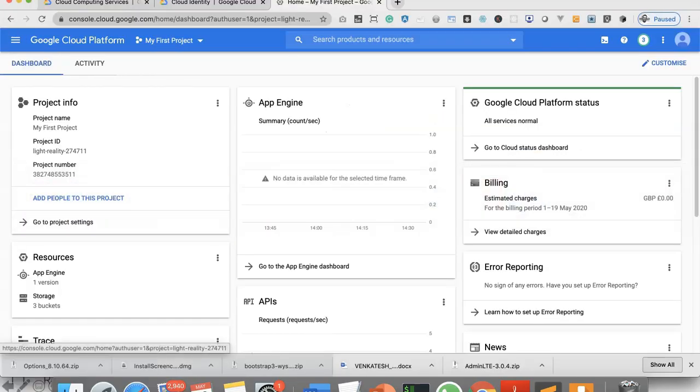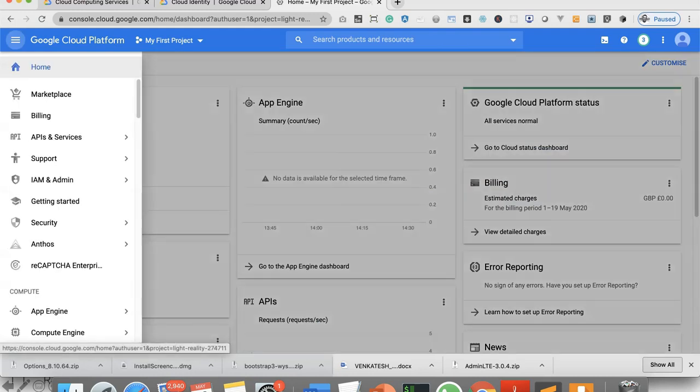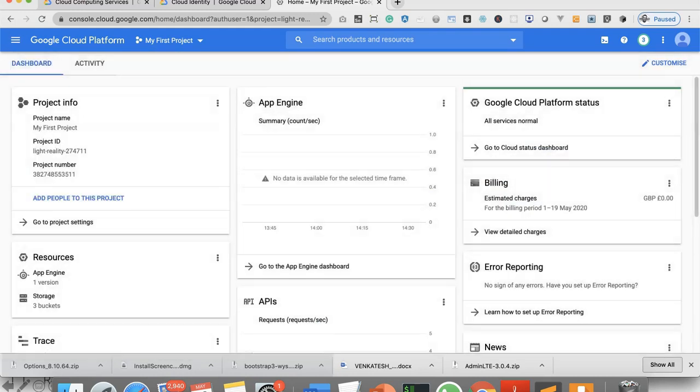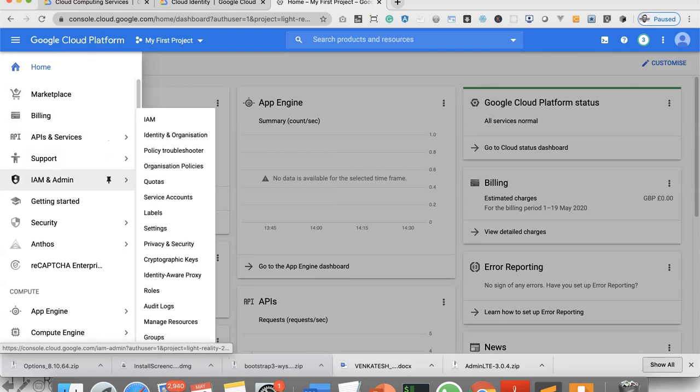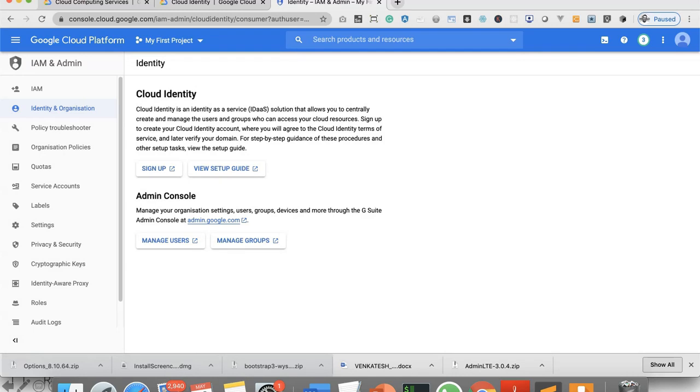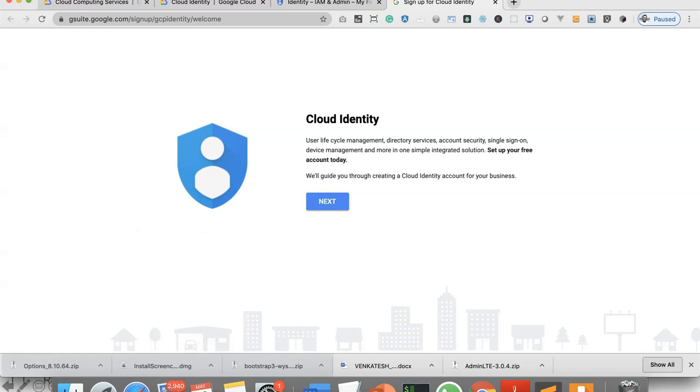Okay, I'll go into the GCP console. Just navigate to identity. There you see Cloud Identity. I'll click on sign up. It will go into the G Suite domain of Google and start the process. I can see I can set up a free account today, where I think the maximum allowed number of free users for your Cloud Identity free tier is 50 users,